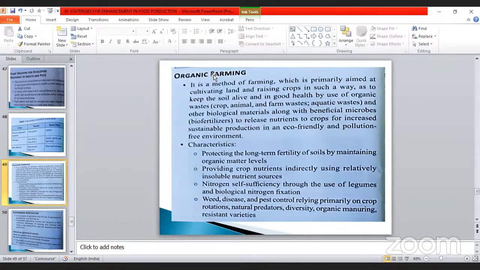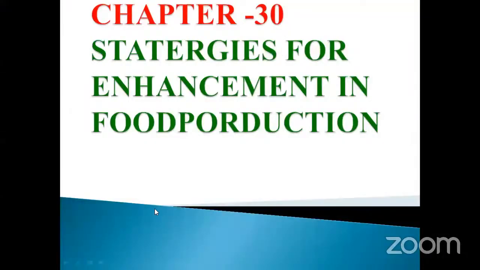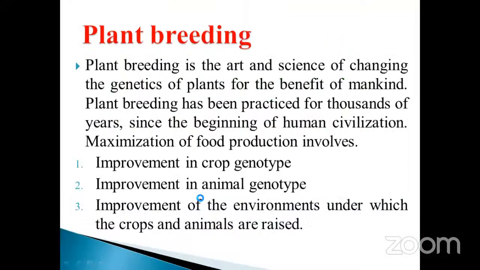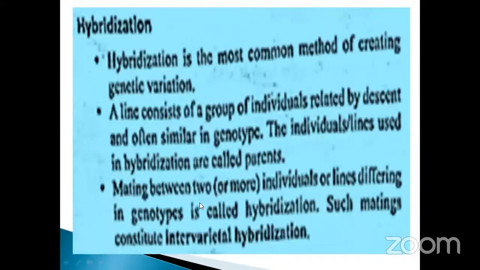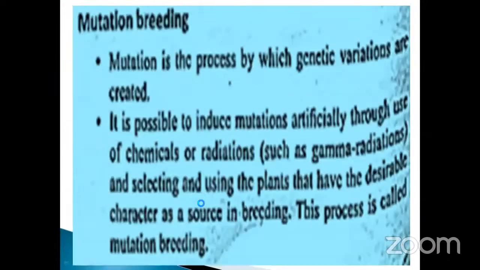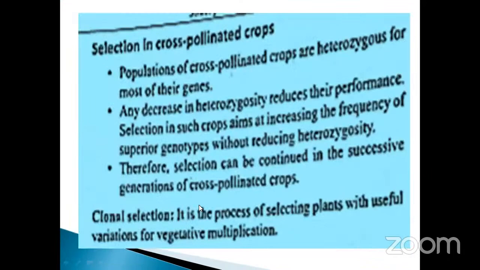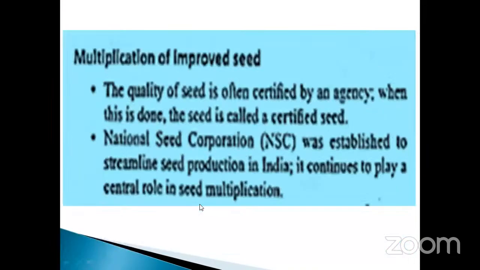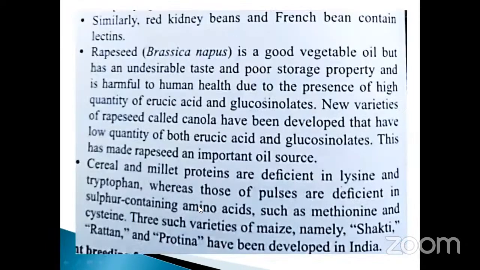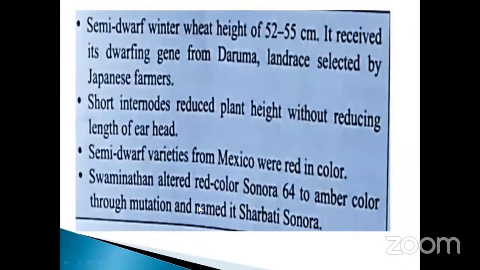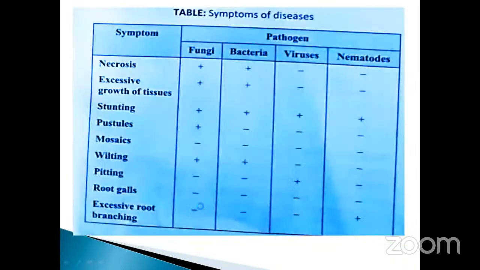That is organic farming. What is the main aim of organic farming? Two things are very important. The first one is soil improvement, my dear. And the next one is that it should also be healthy in nature. How will it be healthy? These two things are very important, my dear.